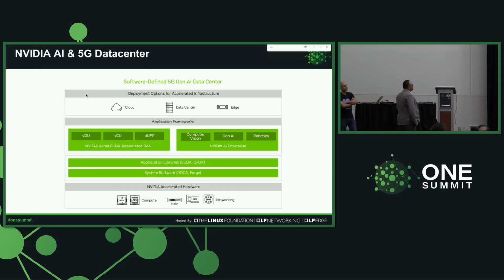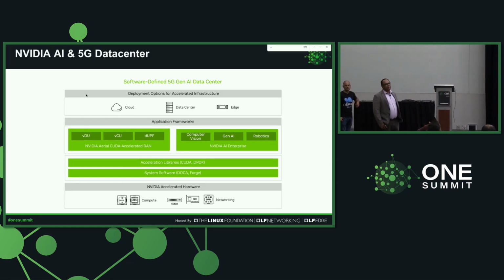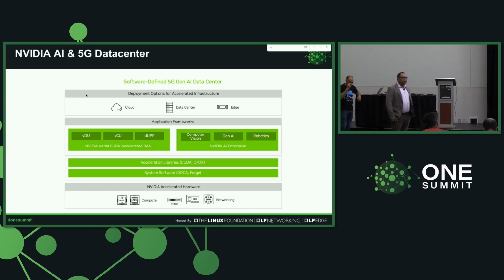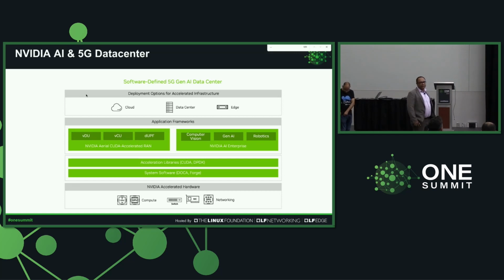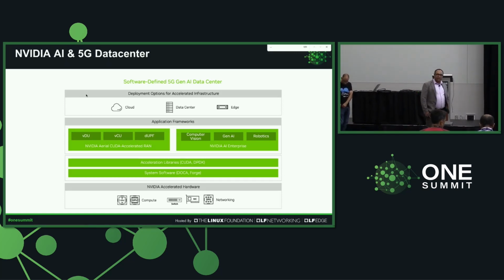So we came up with this idea. We call it the AI and 5G data center. And you can think about it as an edge data center that can sit in central offices, that can sit in sites in a metro, right? Or even in a site where you have a lot of traffic going on, in a stadium or something, for private 5G use cases. So what we found out is that in a single server,